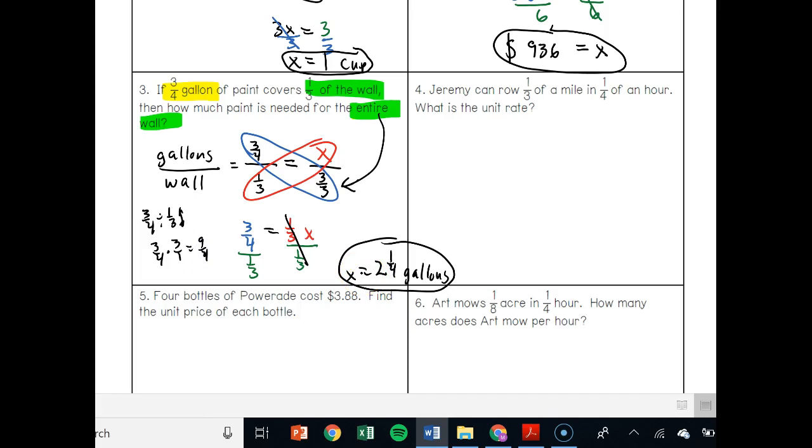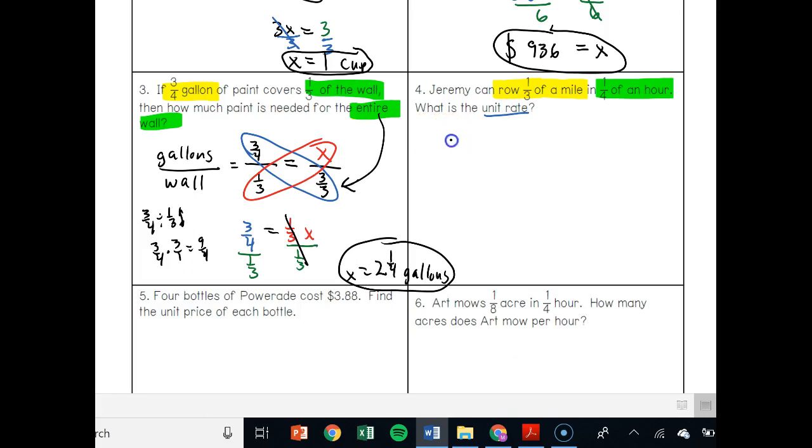Okay, last one that I'm going to do, and then you've got the last two on your own. It says, Jeremy can row 1/3 of a mile in 1/4 of an hour. What is his unit rate? Okay, this key thing about unit rate is important. So we've got